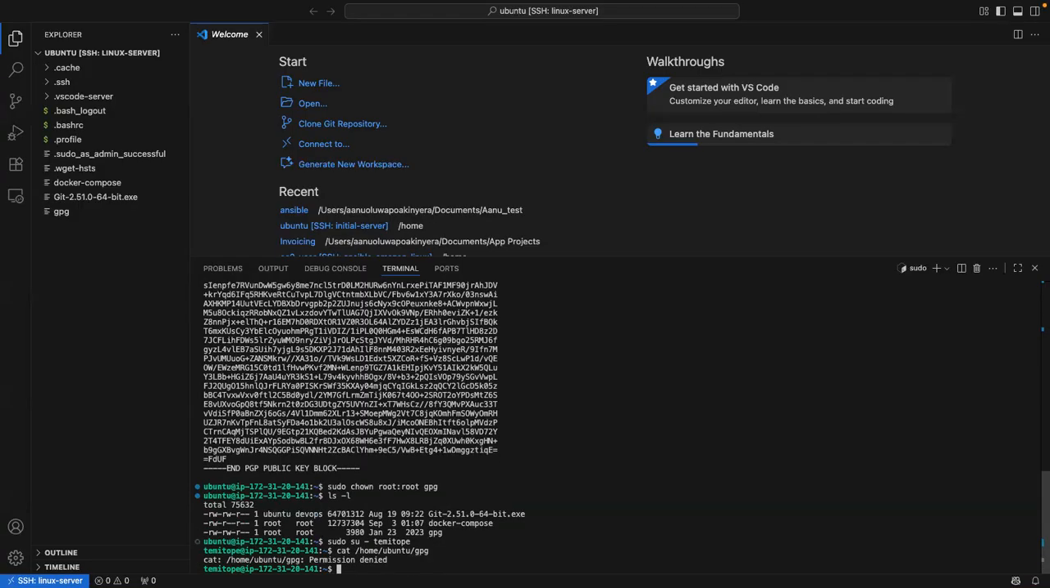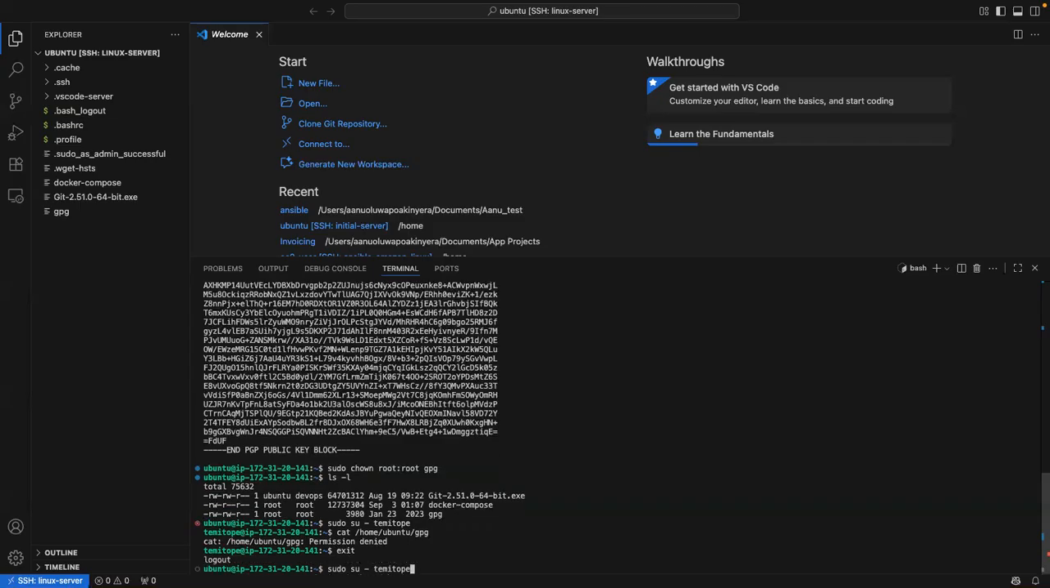What do we see here? Permission denied. Why? Because GPG is owned by root. It's owned by the root user and by the root group, right? And that would take us, in the next class, to what all of these things mean. But let me now exit and switch to